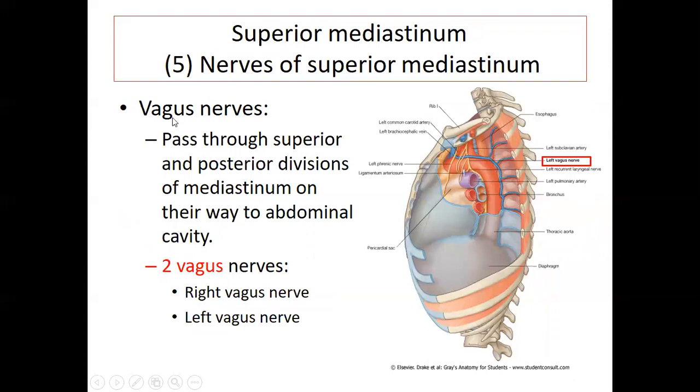And the other structure that is also present in the superior mediastinum is the nerve of the superior mediastinum. Okay, we have the vagus nerve. If you see from this picture, you can see here, this is the vagus nerve. It passes through the superior,